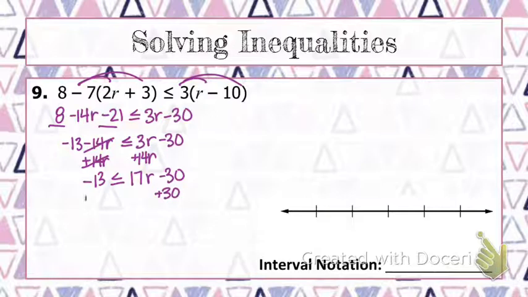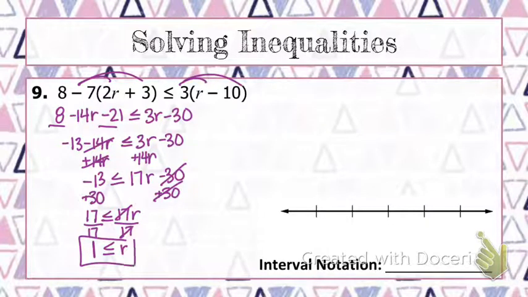Add 30 to both sides, and we're going to get 17 is less than or equal to 17r. Divide both sides by 17, and these 17s turn into a 1, so we just have r, and then 17 over 17 equals 1. Okay, this can be a correct answer, but remember that our trick that we learned about which